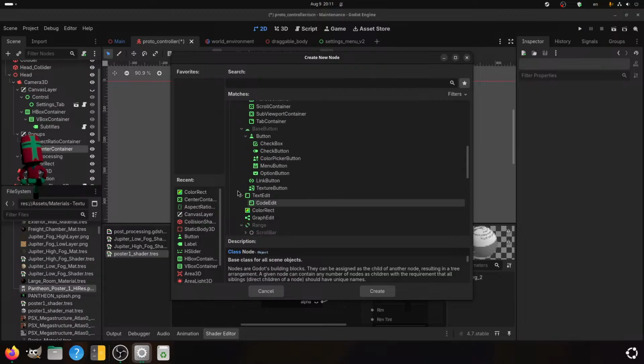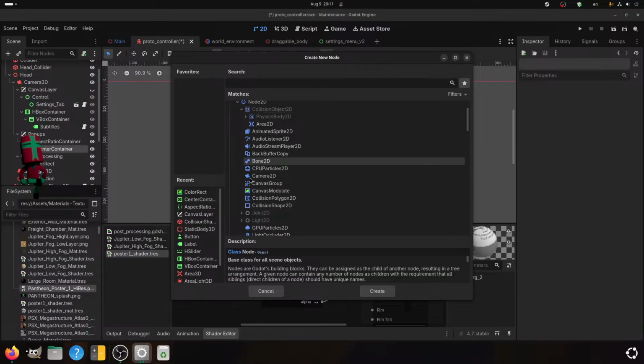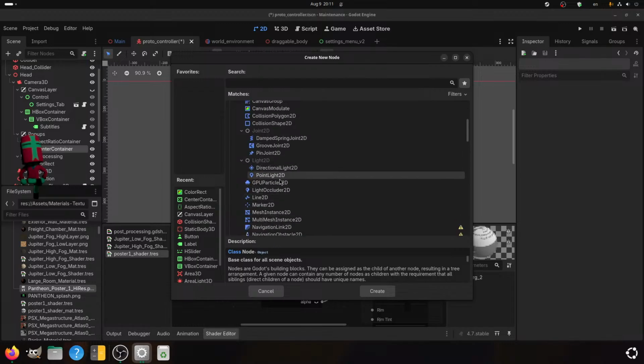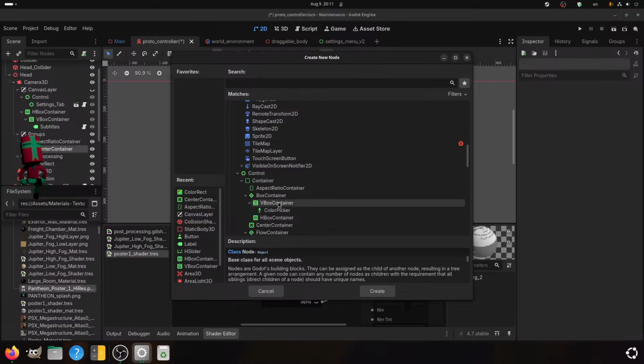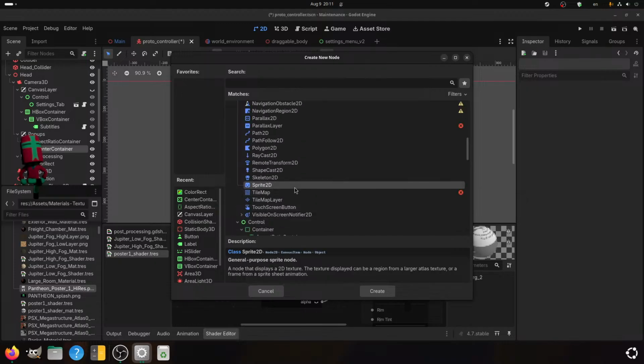Okay, where is the sprite even at? Yes, node 2D. Right, but can I even put a sprite here?